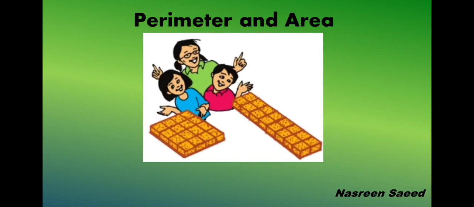Here Sumatai has brought chickies for her brother and sister Saina and Virat, and both are fighting. One is having a square shape and the other one is having rectangular. So both are fighting that Saina is telling I am having more, Virat is telling I am having more. So what Sumatai is telling, don't fight, count the number of chicky squares you have. If you see, there are squares on the chickies.